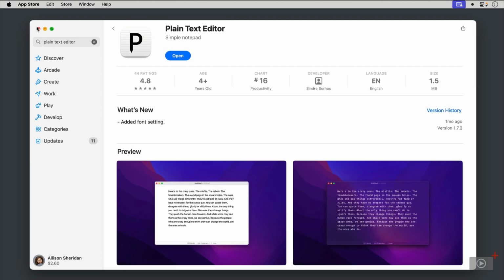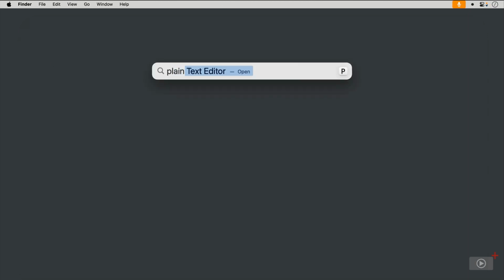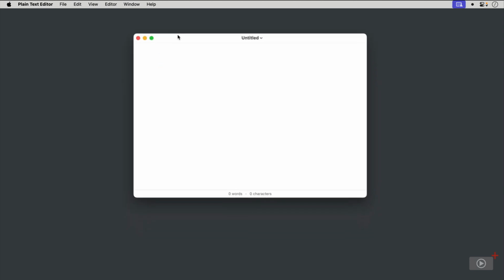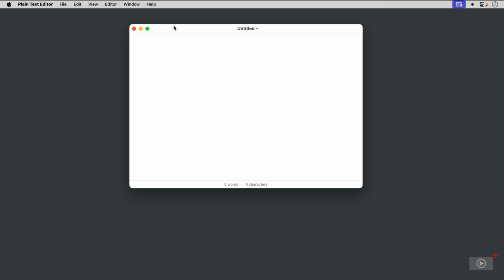I'll pop this down and launch Plain Text Editor. When it first launches, you'll instantly get a blank window ready to type. It's not like Pages or Word where you have to choose a template and all those shenanigans. Even TextEdit shows you the file browser first instead of just opening an empty document so you can get to